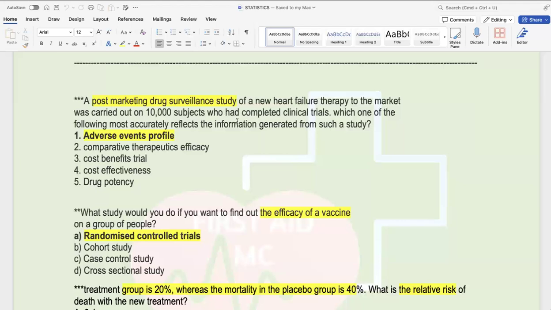So the question is asking, when you have already developed a medication and it is in the market now, what is the most important information you will look for? When it is in the market, the main thing that we look for is the side effect profile in the general population. So the post-marketing survey is basically to find out the adverse effect profile, because now it is in the community, it's much more diverse, and we can find out whether there is any adverse effect or not. Okay?